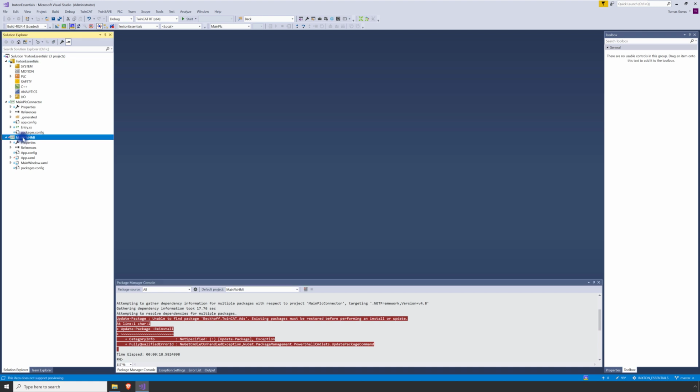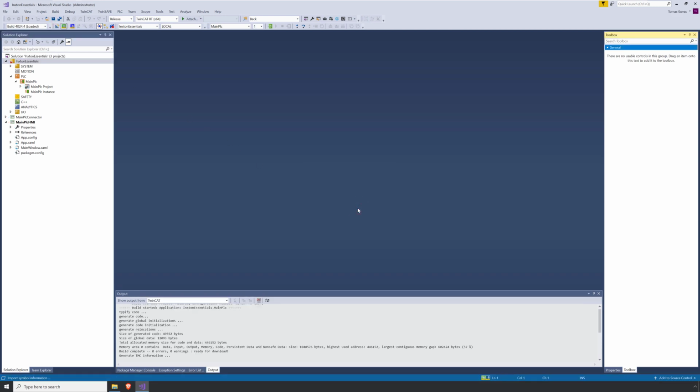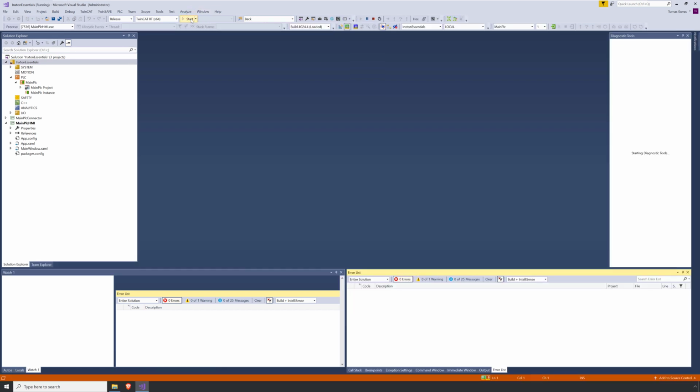If not, change it. Activate configuration and start the PLC. Start the application.